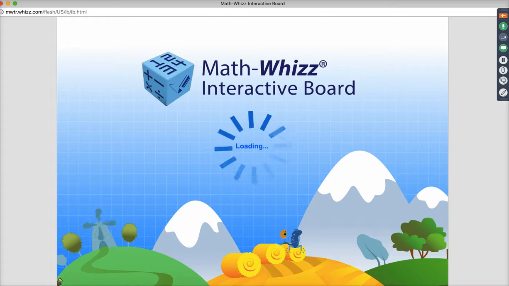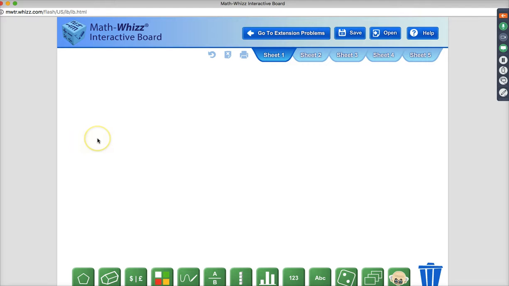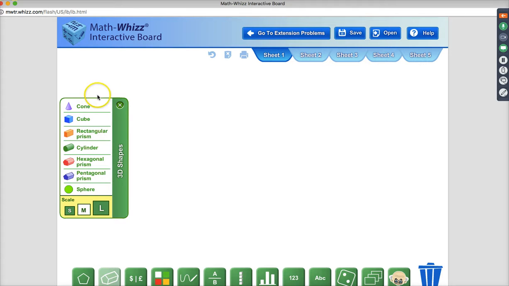You change them, you know, it's just whatever you want. So we just call it interactive board. You click it there. This is under the teacher resource again? Yeah, we're still in the teacher's resource. Okay. So just like in an Excel file, you have different sheets, and they're all blank when you first log in. But if you ever want to do a problem on this sheet and then switch over without deleting anything, you just go back and forth here. Down at the bottom are a ton of resources and tools. If you click one of the icons, it will show a list of those tools.